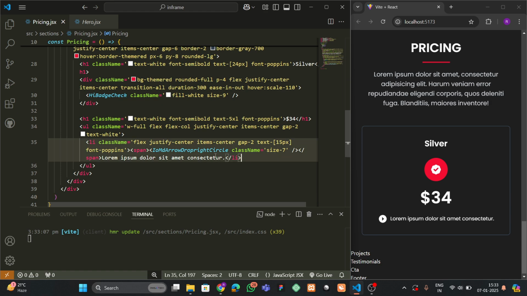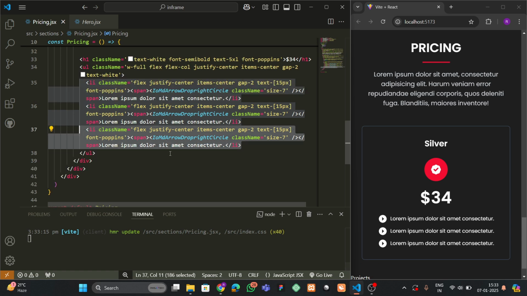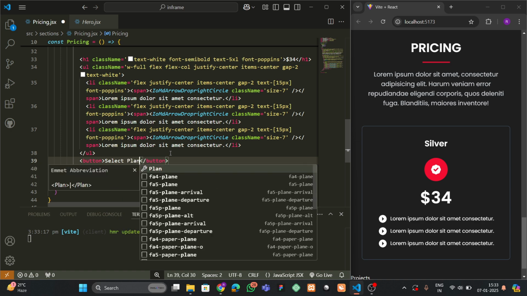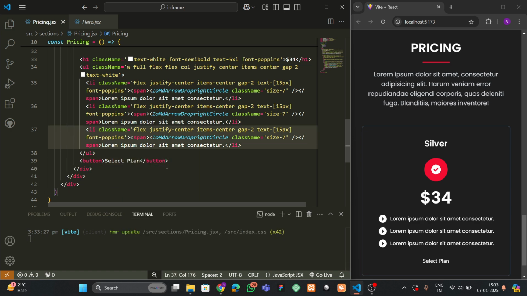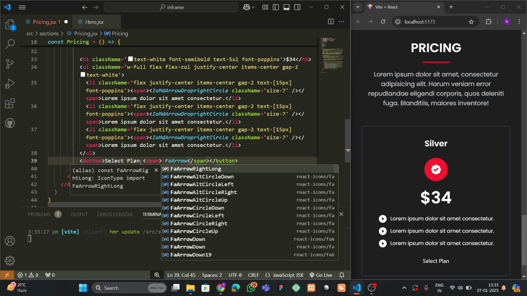So we have to duplicate this li tag like this. Then after the UL we can add a button, will say select plan. Okay, select plan, and after that we can add a span tag, FA arrow right long,